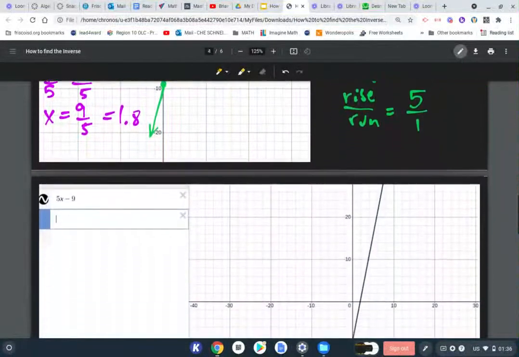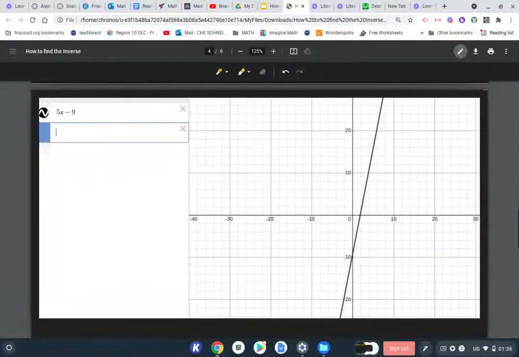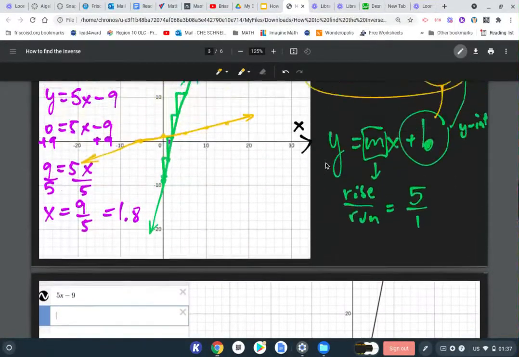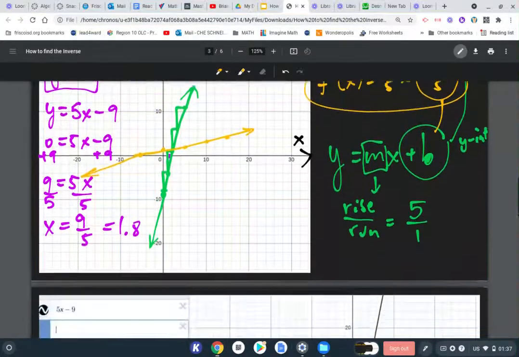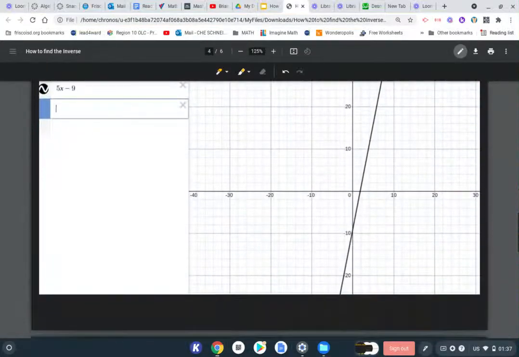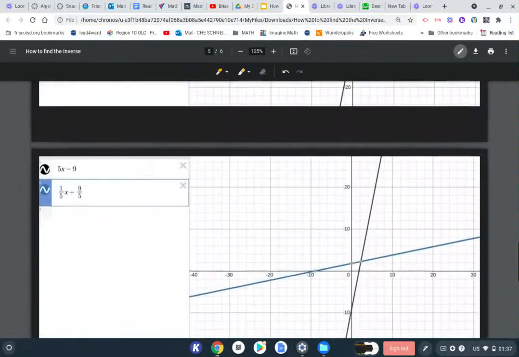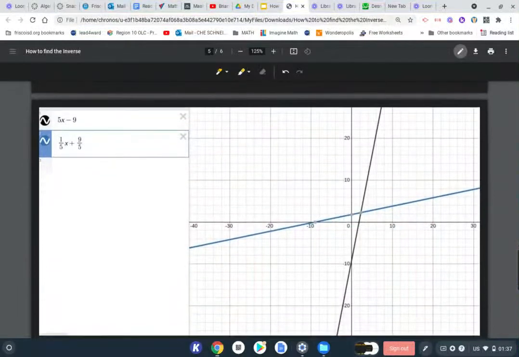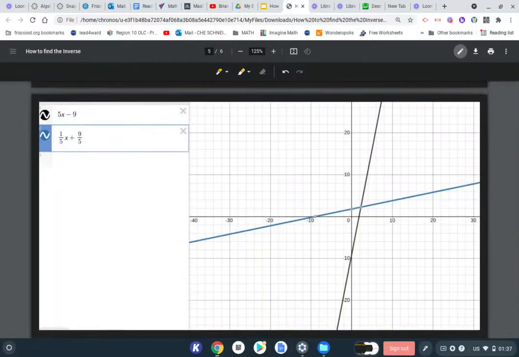So, Desmos. If you go to Desmos, you can use the calculator option. And this is what it would look like. That was our first function. Let's see if we're close enough. Yeah, the green one. Not too bad. And this is our inverse. The blue one would be our inverse. Yeah, we did a pretty decent job. Okay. Now,